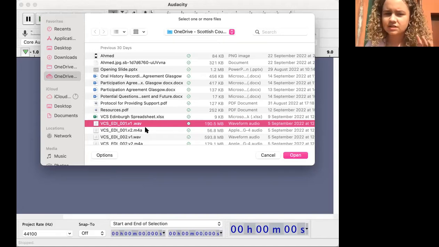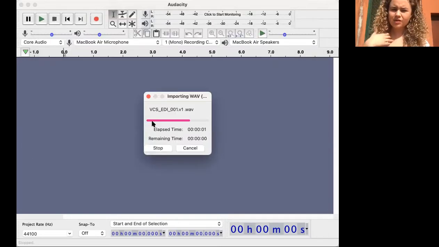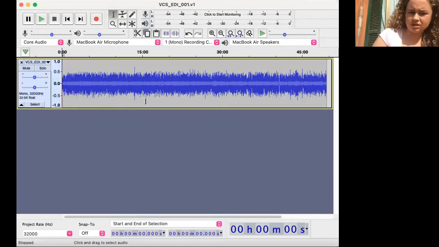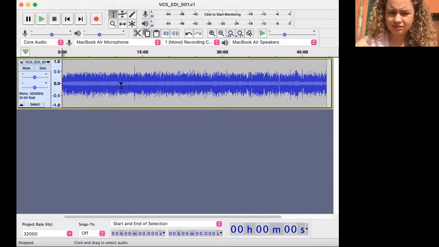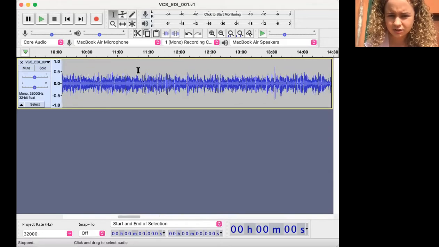So that's just the two differences, and also the M4A is a lot easier to store, and we use that to upload to SoundCloud. So the M4A is just easier to manage, and you can see there's a big difference in the size of the audio files. So I'm going to open up the WAV file of Fernanda's, and here you see the WAV file, the wave lengths here. You can zoom in and you can see all the different